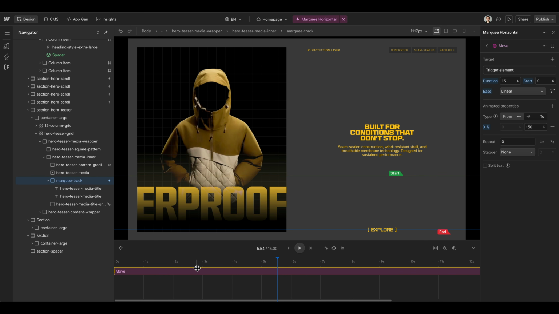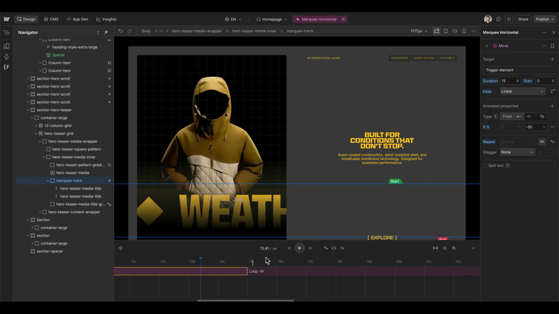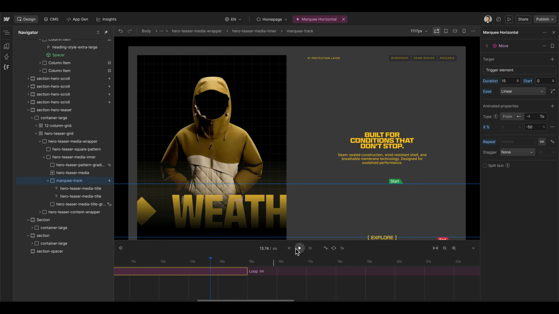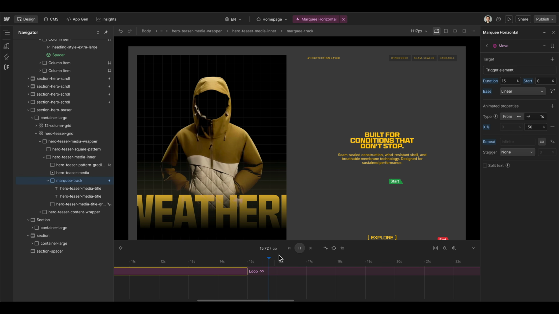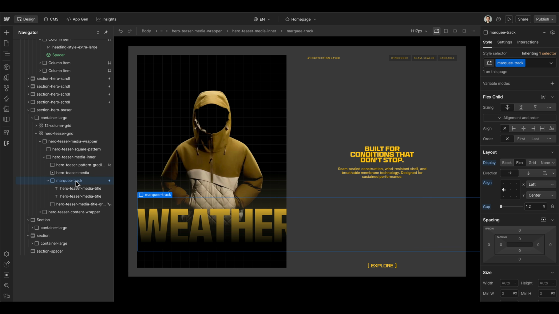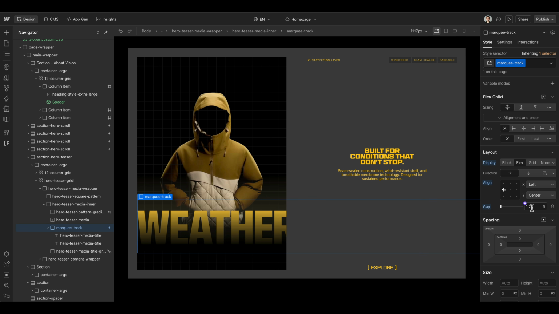And then there is one last setting we have to use in our marquee movement, and this is the repeat. So we want to infinitely repeat itself. And then here at the 50 seconds mark, it should repeat itself, but we have a little flicker. And this is maybe because we used our gap inside of our marquee track Flexbox settings here. And this is definitely the problem because it's now adding the gap just between those two text elements and not